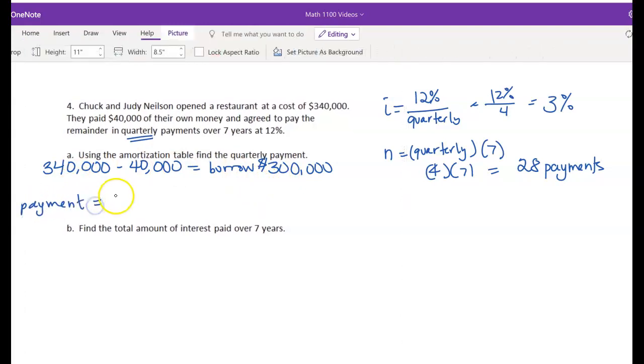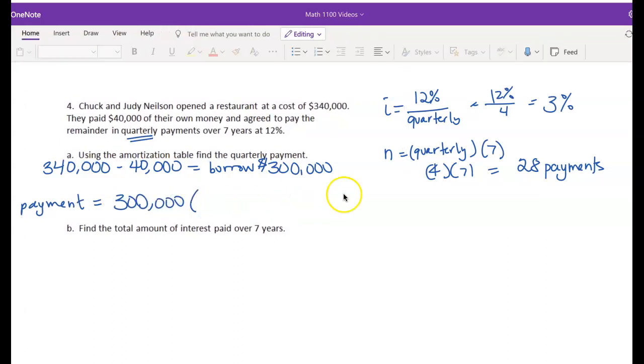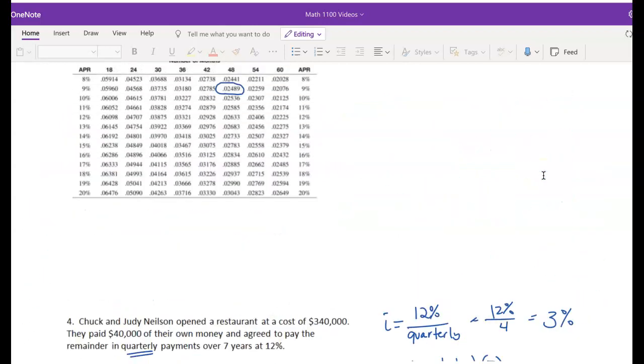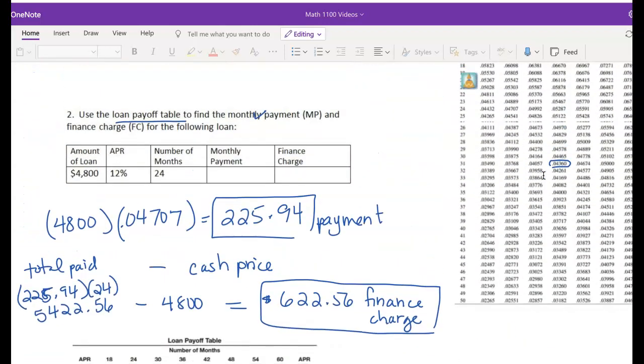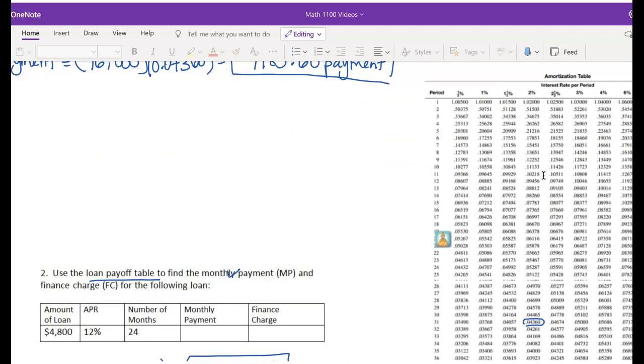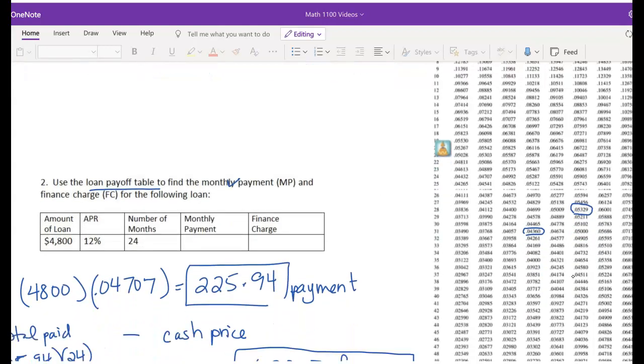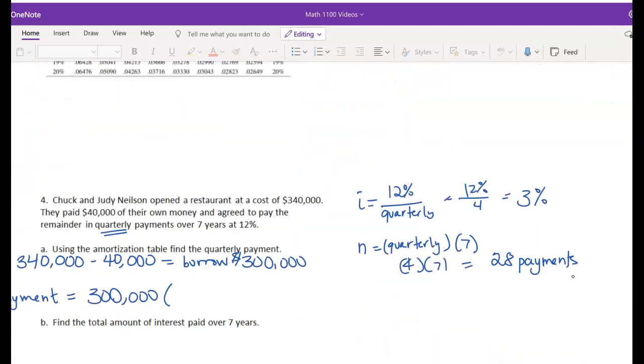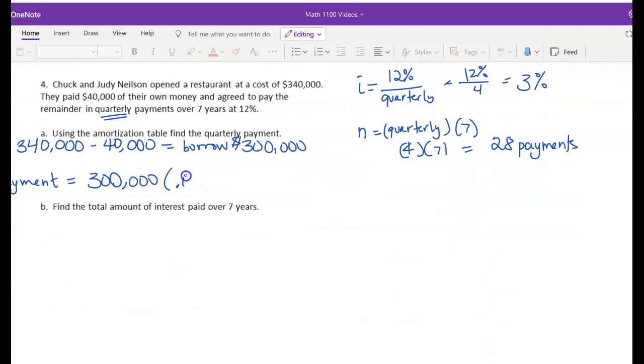The payment is going to be the amount borrowed, the $300,000 borrowed, and we need to look in that 3% column and row 28. So the 3% column right here and row 28, and I get 0.05329, and I'll bring that back to our calculation. 0.05329, and that gives a payment of